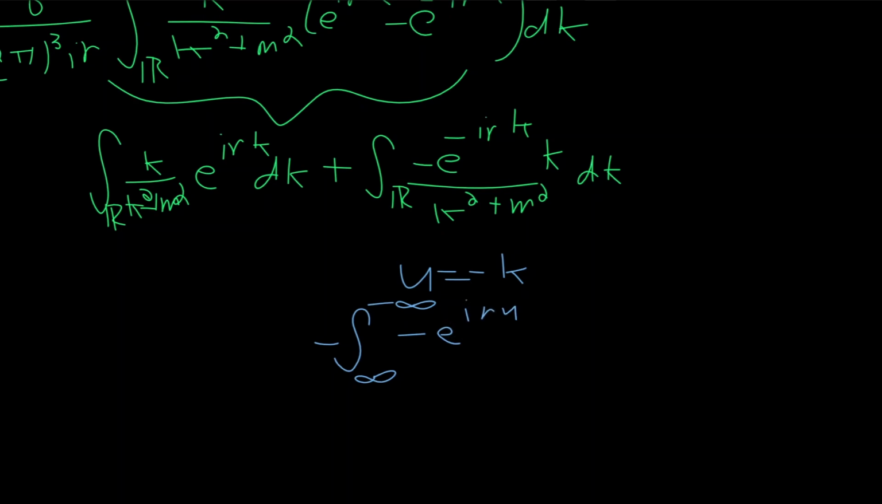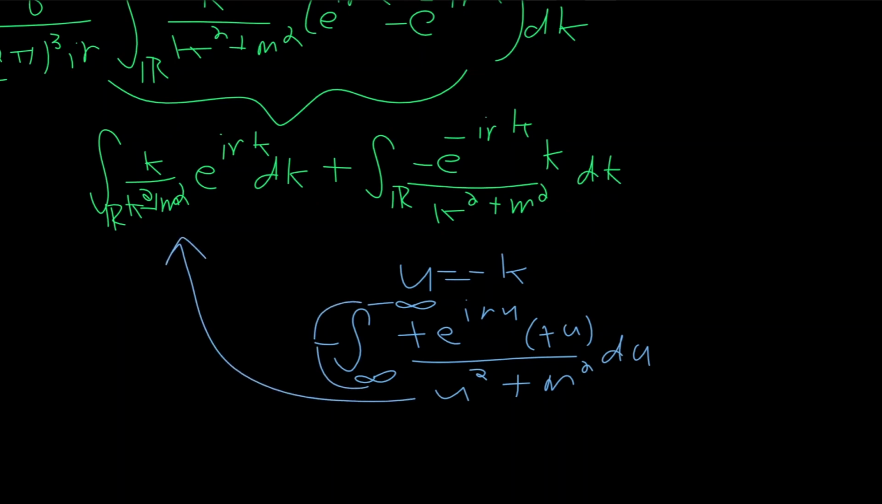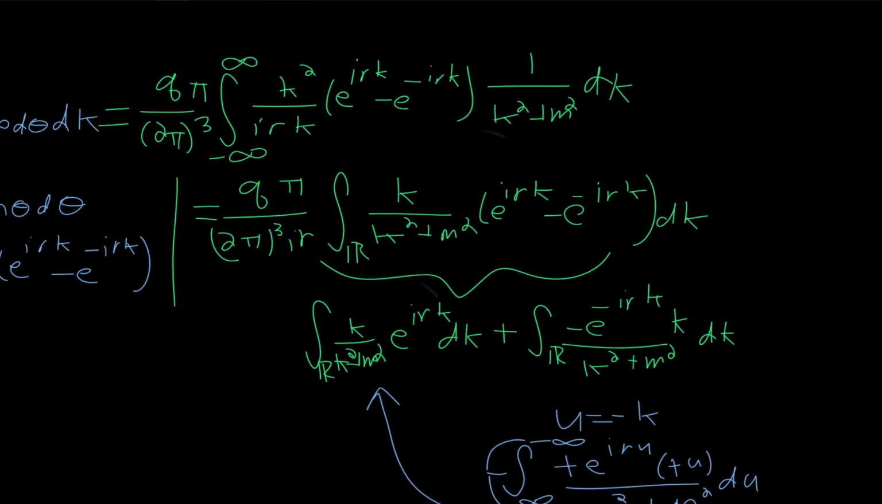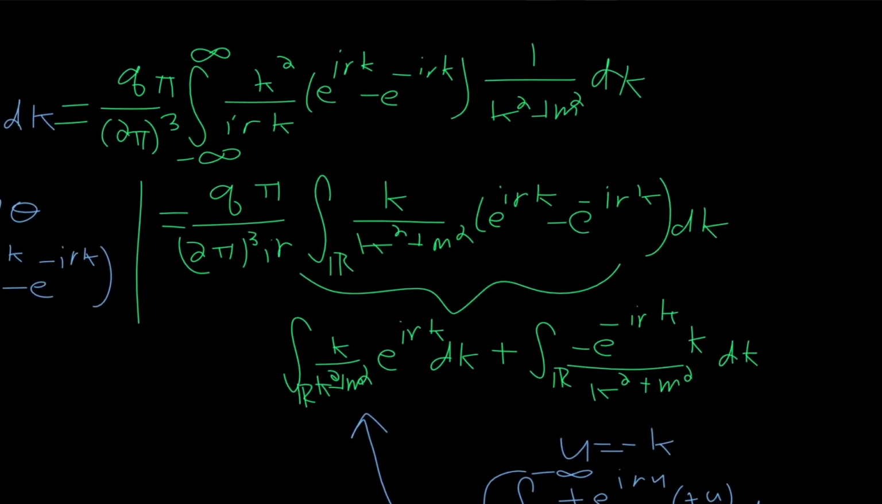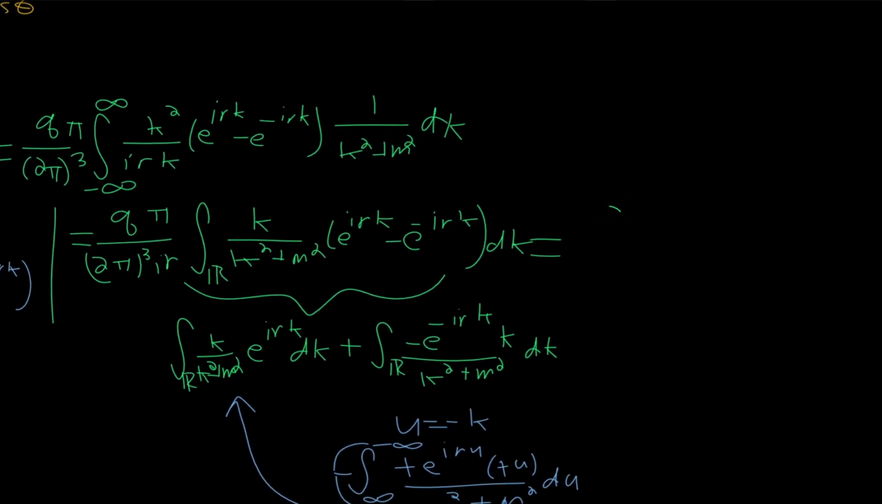And then we're going to have a minus u out front right here. And then we're going to have a u squared, and then plus m squared right here, du. And notice here that these two minus signs cancel, and we can just use this minus sign to change the bounds. And what we're left with is the exact same integral as this right here. So in fact, our integral can just be expressed as q over 2 pi squared,